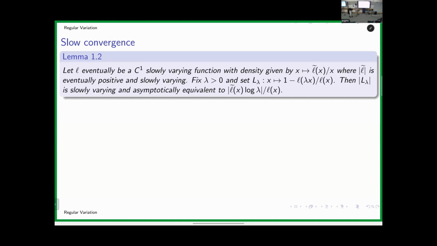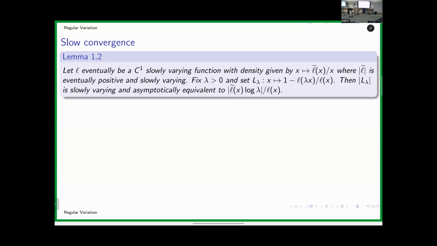But the question is, I now want something quantitative. How fast, really? And this is how fast, for most curly L's. There's some assumption. It's not a theorem. It's not for every slowly varying function, but for most that you can come up with, it will happen. L doesn't even need to go to infinity.